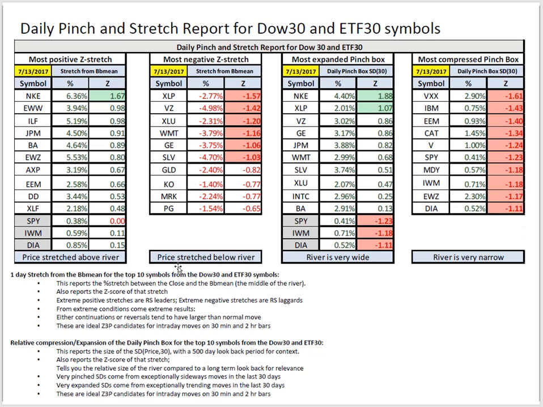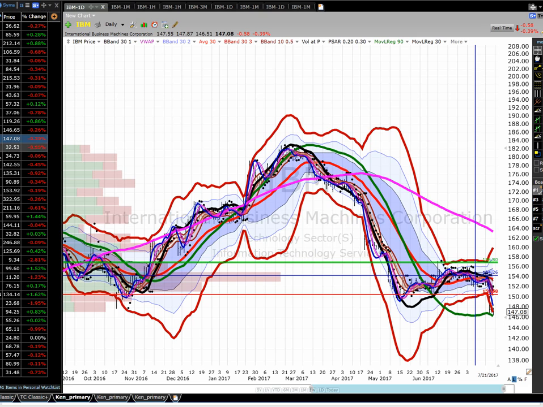And these are prices that are extremely stretched below the river, and these are the prices that are extremely stretched above the river. And this column gives us the percentage size of that move, and then the z-score allows us to compare that on a relative basis given the previous 500 days of stretch or not of these different symbols. So Nike, we've seen, is at 1.67, and again, a quick look at Nike will show us